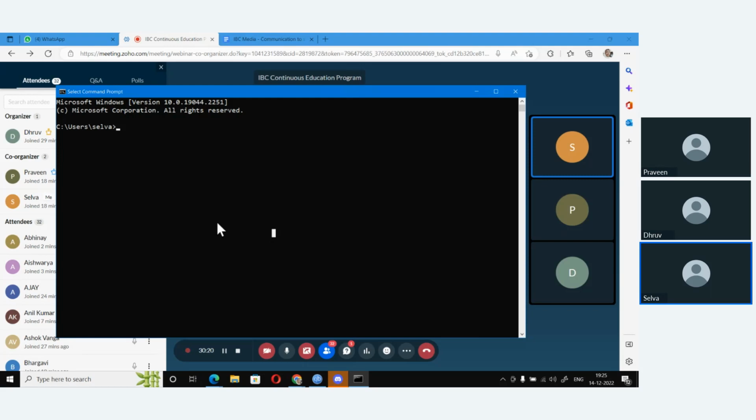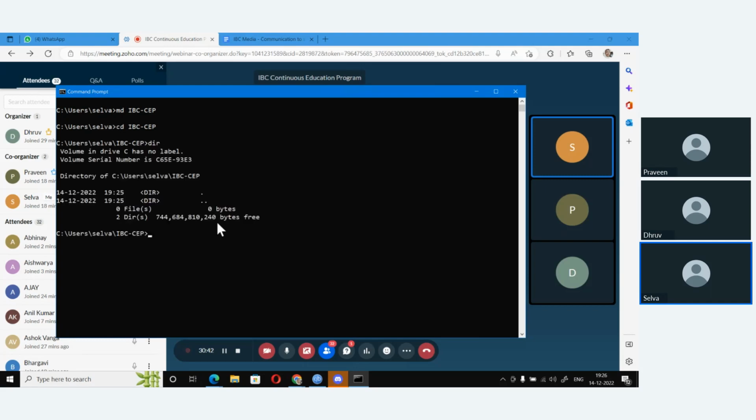Here I have actually created one. So the first thing is I'm going to create a new directory, IBC CEP, continuous execution program, and I will cd into it. If I see the directory right now, it is empty.